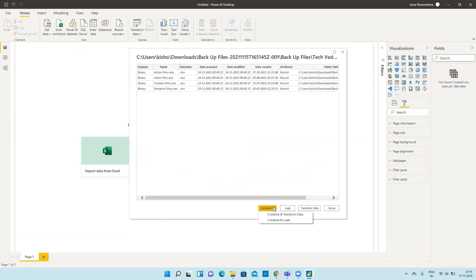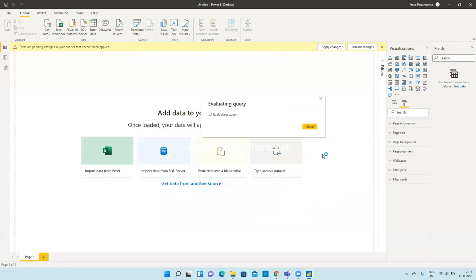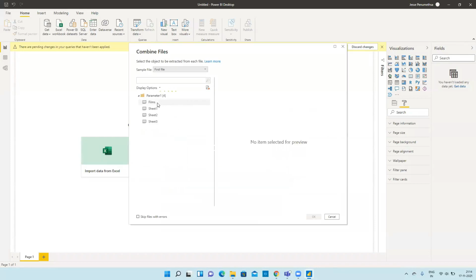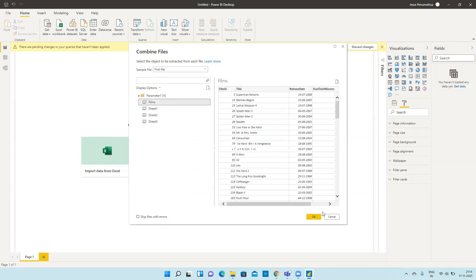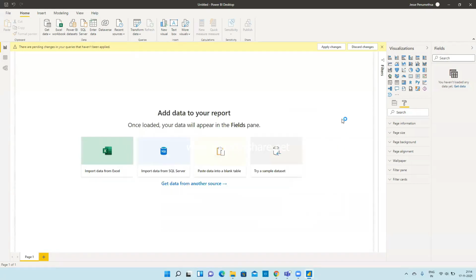These four I wanted to combine and load directly, no need to transform. So films, I am combining on the name of the film sheet.